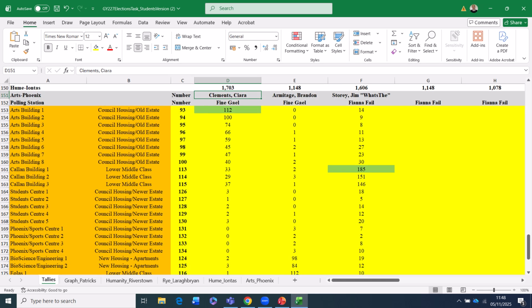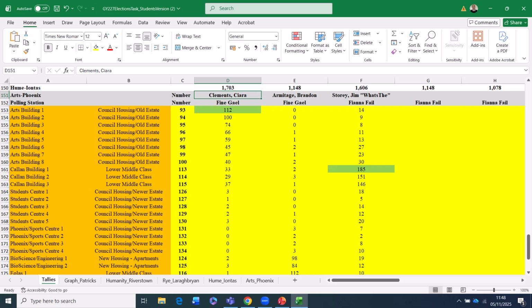Now, just so you can see what you're dealing with as you're working through, I'm going to copy the headers for the constituency and paste those just above where I'm going to do my calculations. So I start with the very first, I'm not going to worry about the box number here,